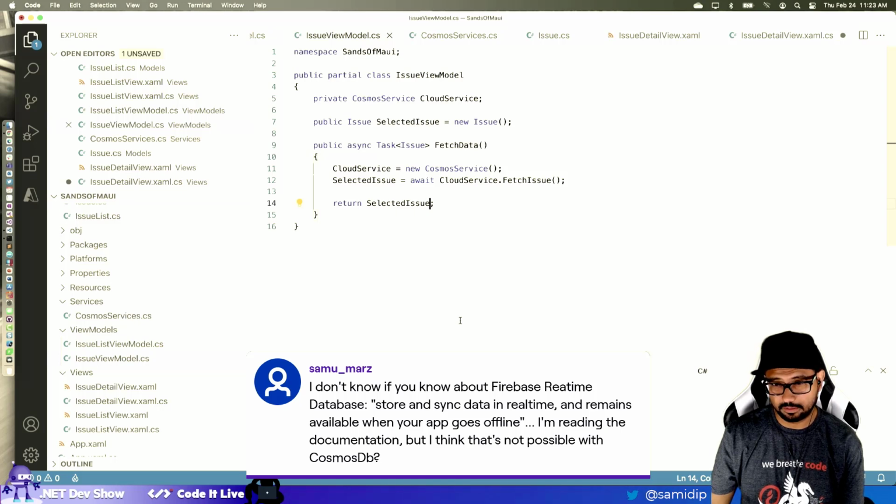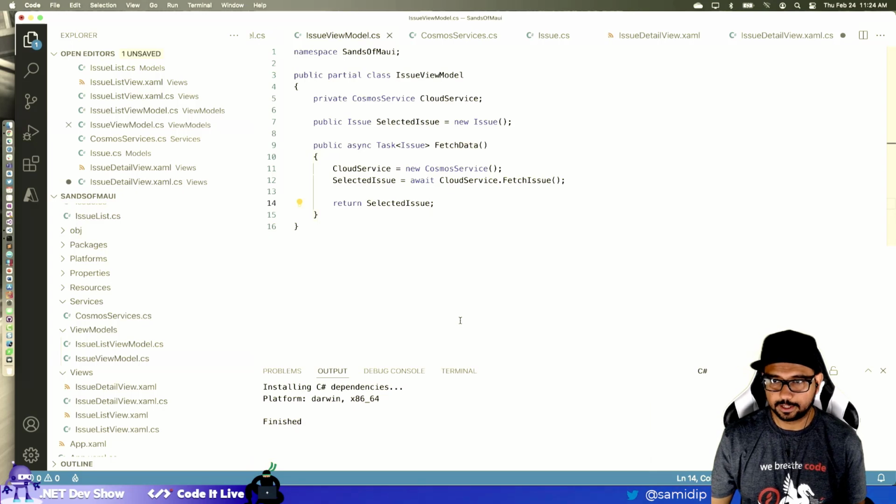I have seen lots of people use Firebase, so I'm not judgmental. I don't need real time data here, but I don't know if Cosmos does it. Binary Chef, if you are around and if you have used Cosmos DB, feel free to respond, but I don't know.